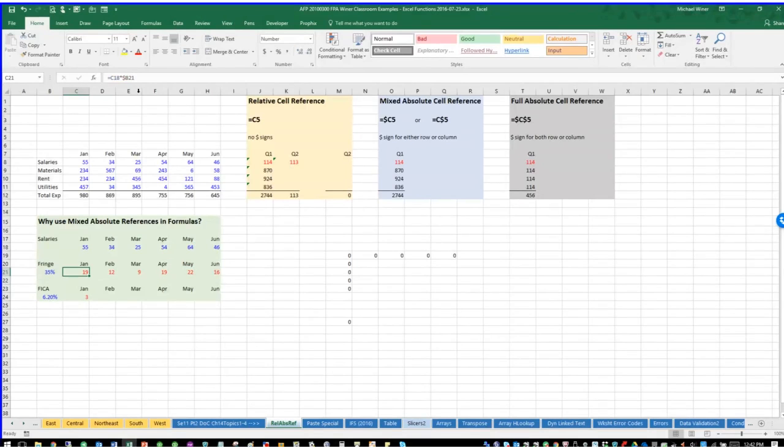Let's say I had done this as full absolute. Copy this from here. Now I decide, well, I want to do the same thing for FICA. All right, so I'll copy it here. Again, I want a number multiplied by this number multiplied by this number. Problem is, because this was absolute, I'm referencing the wrong cell. If I had made this a mixed absolute, so let me take off the dollar sign on the row number. Now when I copy it,